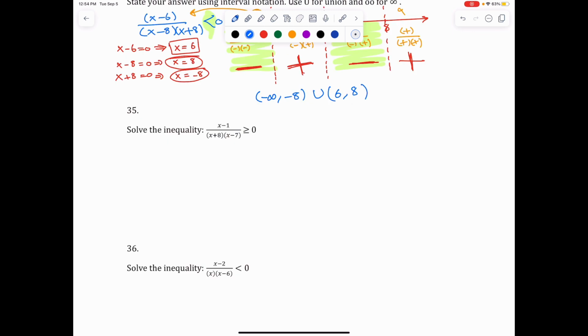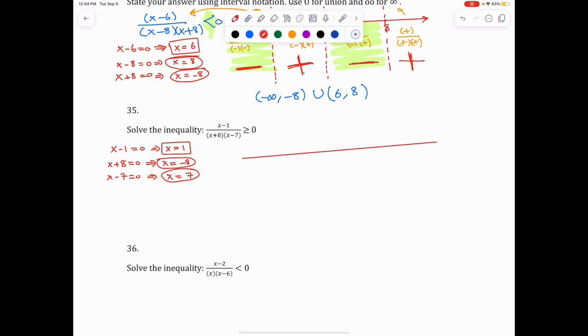35, we're going to solve the inequality. It is factored and ready, so we're going to find the critical values. So x minus 1 equals 0, and that will give me x is equal to 1. I will box it because that is coming from the numerator. x plus 8 equals 0. That will give me x is equal to negative 8, which is coming from the denominator, so it's going to be excluded. x minus 7 equals 0, and that is going to give me x is equal to 7, which is also excluded. Now I'm going to make an open number line,